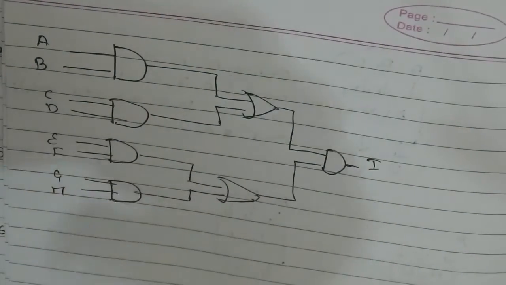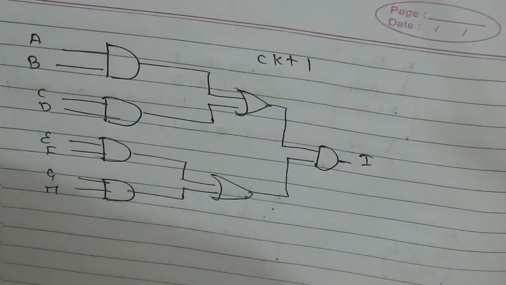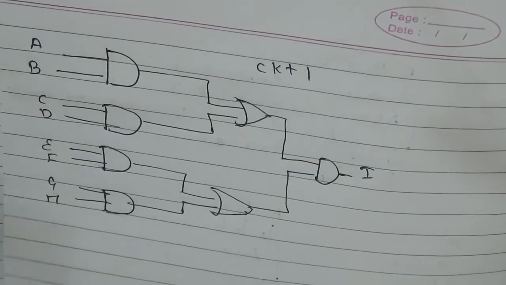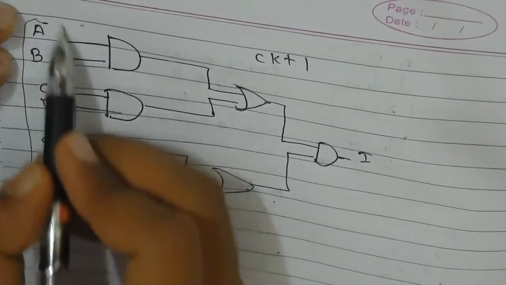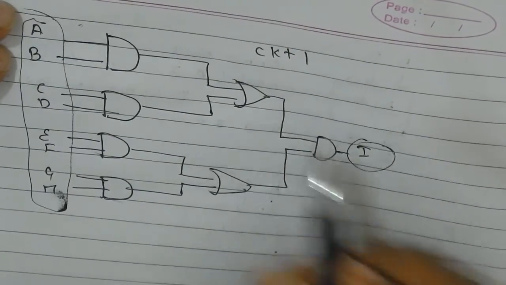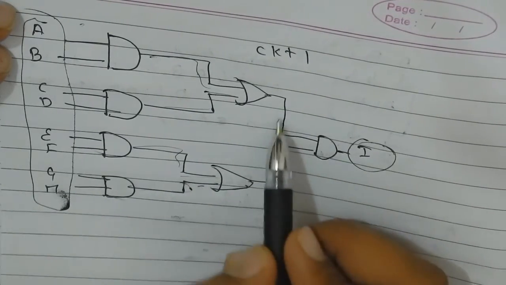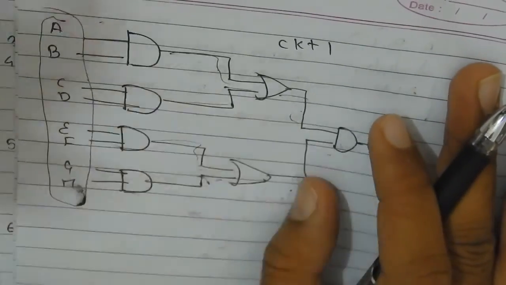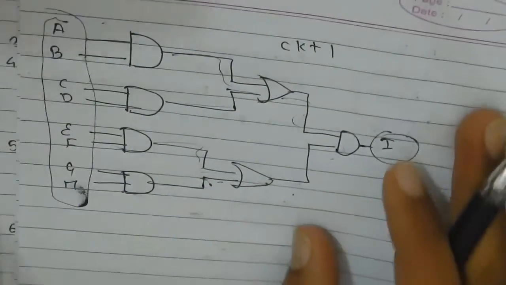Let's take another example of an entity. Let this circuit be named circuit 1. If you want to declare the entity of this circuit, you have to consider only the input ports and the output ports. In this case, these are the input ports and there is only one output port. The ones which you see here are known as signals. The declaration of the signals will be in the architecture, not in the entity. So in the entity, you have to declare only the input ports and the output ports. No need for the interconnections or signals.